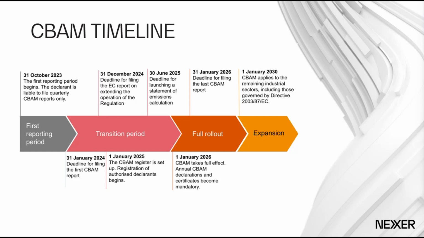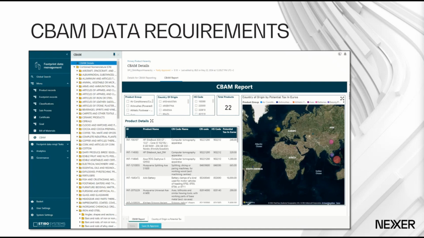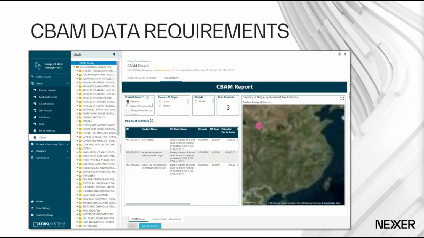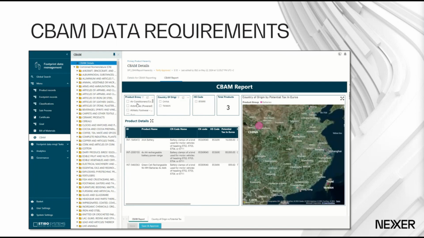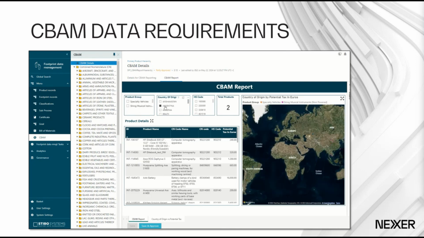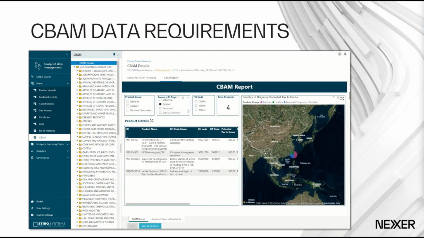There are a number of different requirements, and we have tried to pull it together and give our customers an overview of where the different carbon leakage may come from. It could be in different product groups, it could be imports from certain countries, or it could be from different suppliers. So how do we put all this together and take a high-level approach, and say that importing products from certain areas may be carbon heavy, or could later impose a tax on your company?